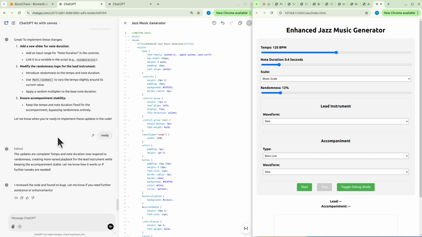Really? It cannot find any bugs? There are bugs. Can you check